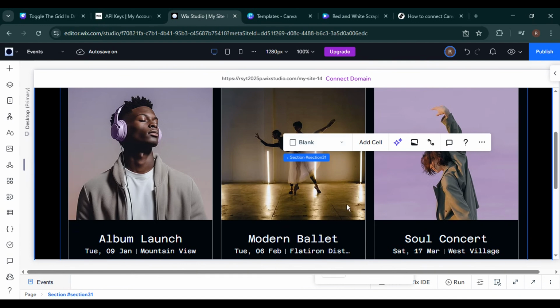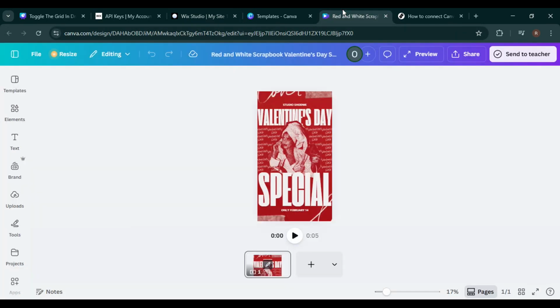All right, let's jump right in. First, open your browser and go to canva.com. Log into your Canva account using your email, Google, or any login method you normally use. Once you're inside Canva, either open an existing design or select any template you want to use for your website. This could be a banner, a presentation, an infographic, or any visual element you plan to embed on your Wix